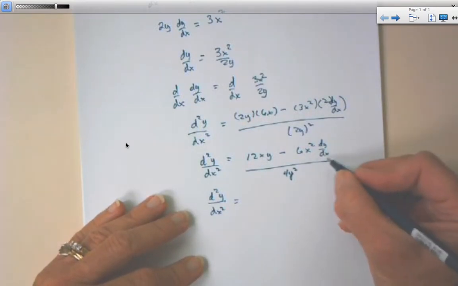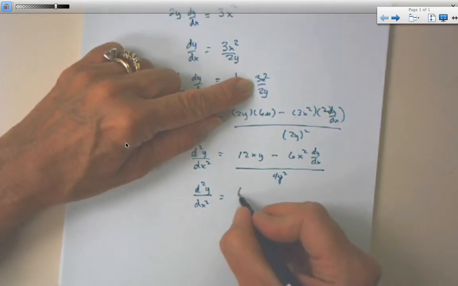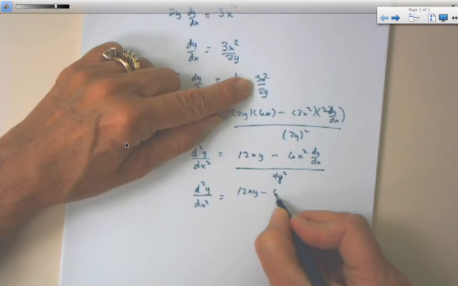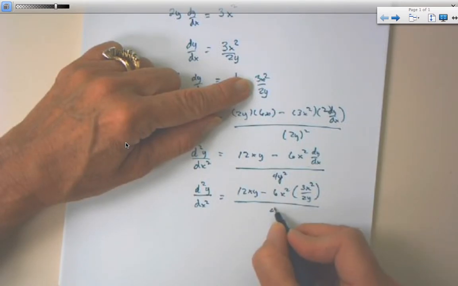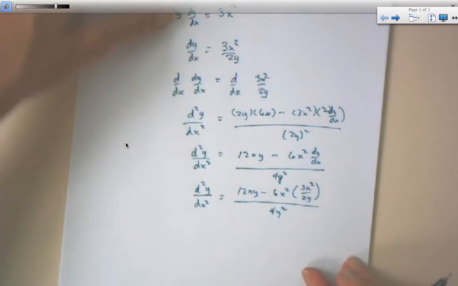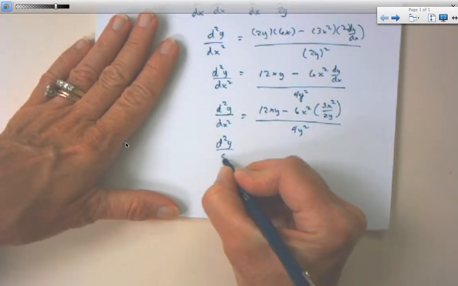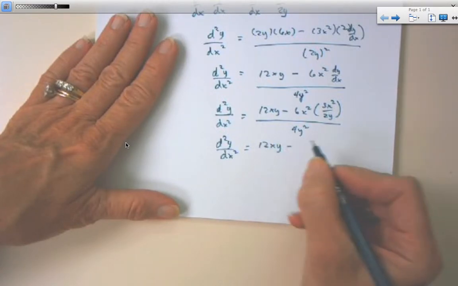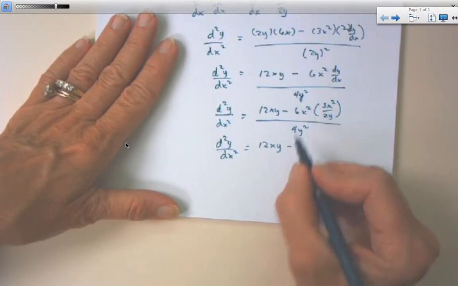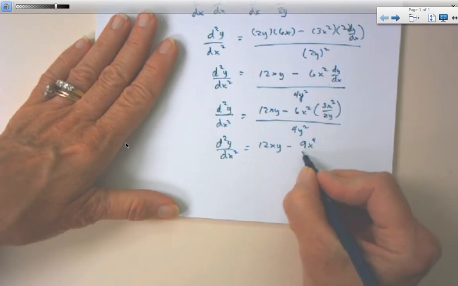So dy/dx is equal to 3x squared over 2y, and I'm going to substitute that expression in. I'm going to have to get a common denominator in the numerator. So let's simplify first. 2 goes into 6 three times. 3 times 3 is 9, so this is 9x to the fourth over y